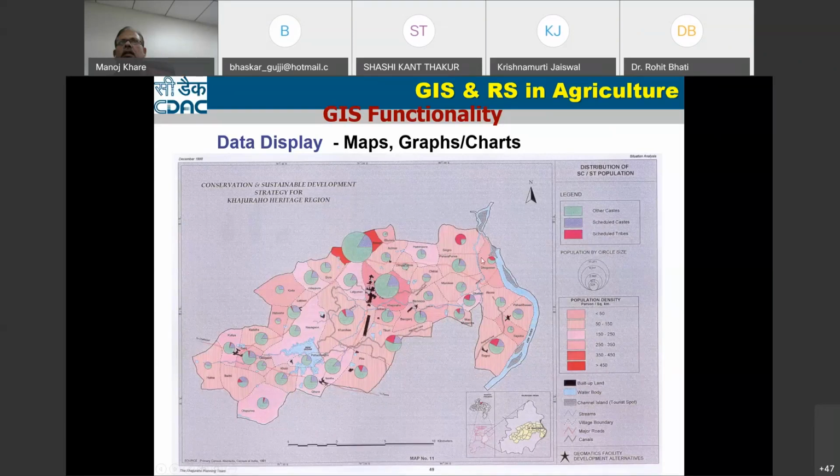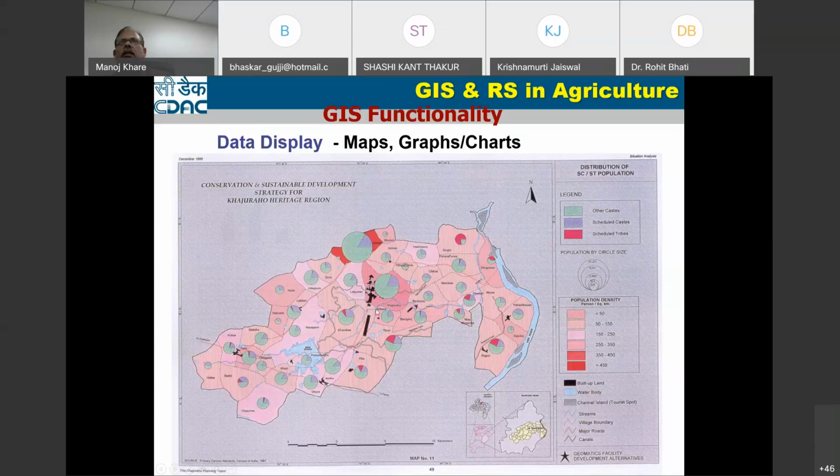There are different villages, and you can see the different village names. Then you can see the data in the village data. Second, I am showing the distribution by caste. In this particular taluk, this is the village, the Khajuraho village. So how is it distributed? There is the other caste and the scheduled caste. These are the two populations there.